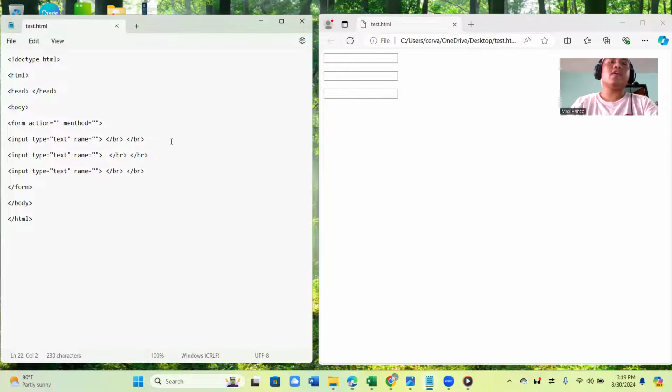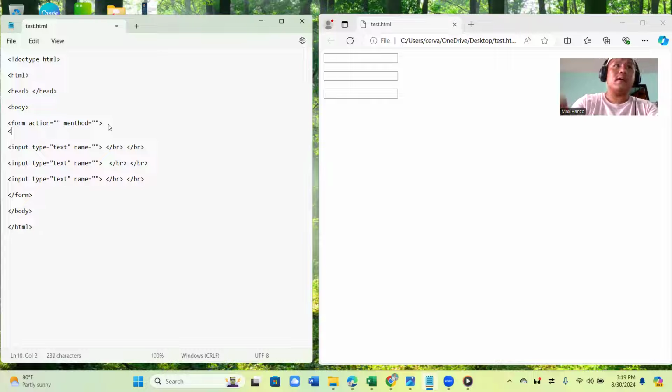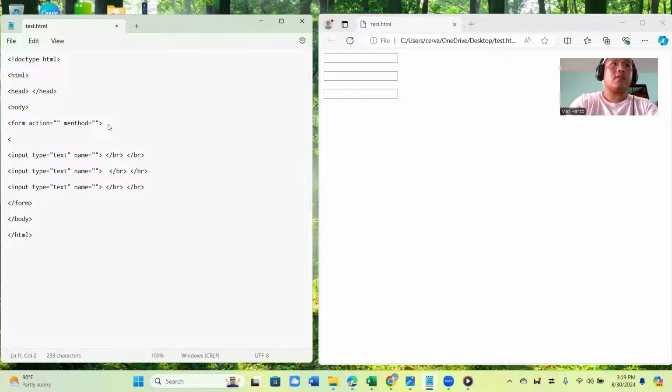There you go, right? Since we're trying to add a label onto these boxes, we'll be using the code: open bracket and then the word label.